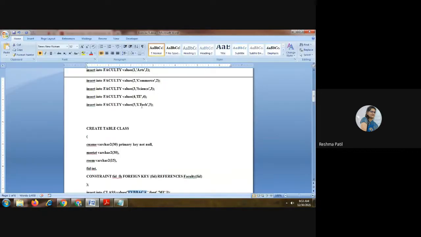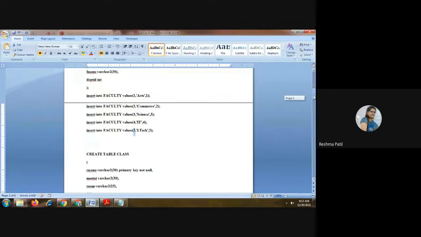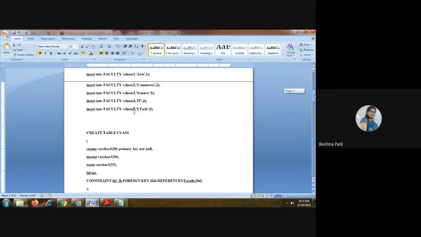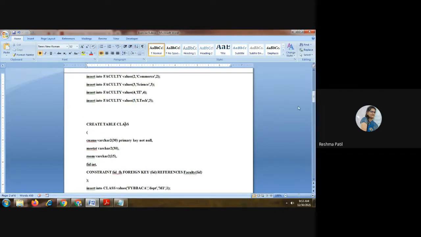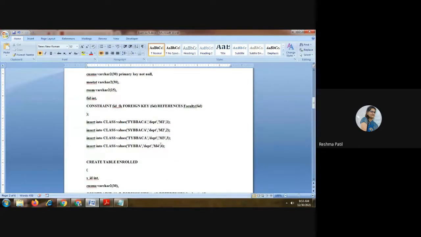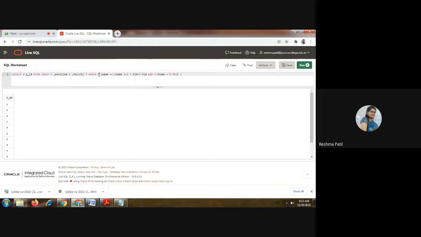So here is that, and this is the... 1 minute. FID is 5. Maybe this ID is not there in the other table. That's why it is not showing any record. So where is that second table where we are taking the ID here in the class? Check. Yes, here no ID is mentioned. That's why it is not showing any record. So we will insert one more record into the class with that FID 5. So it will show something there.